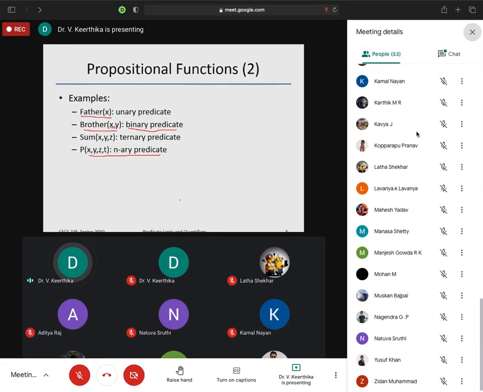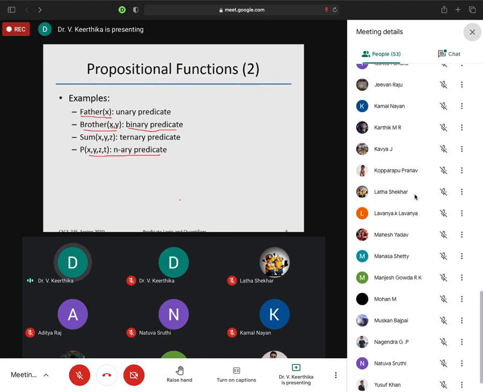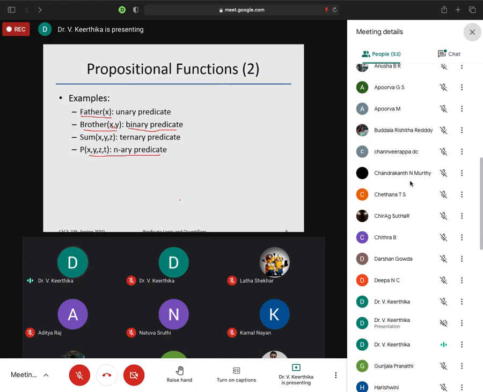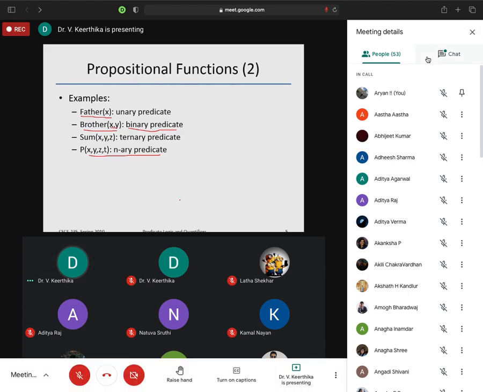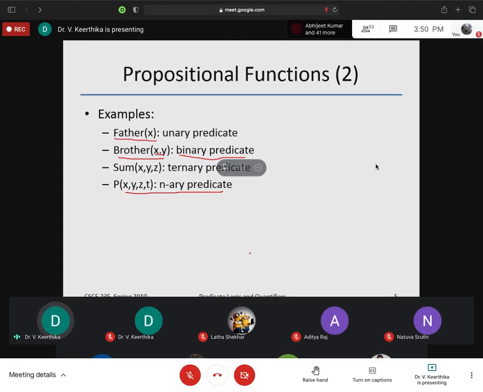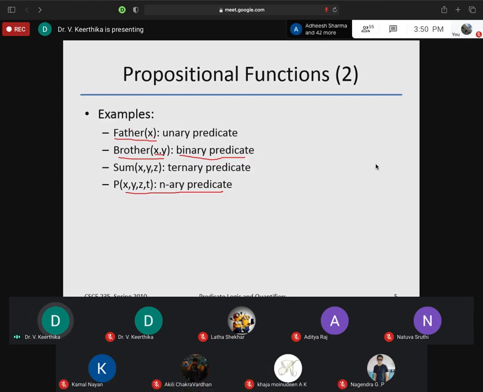Okay, here we have some examples. What are the examples? First one: father of x. For x, I can give Anil, so instead of x you have to give the father of Anil. If I use only one variable, then the predicate is called a unary predicate.